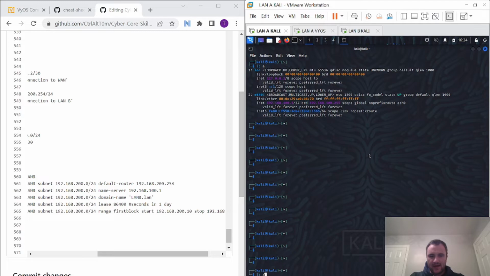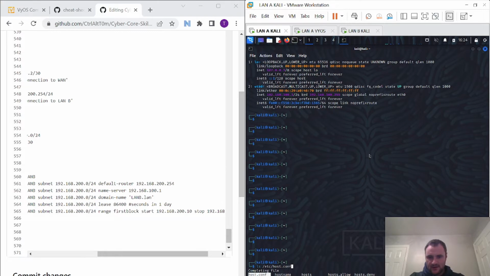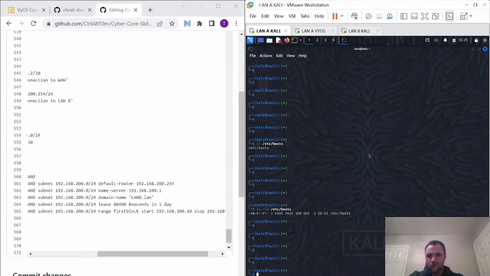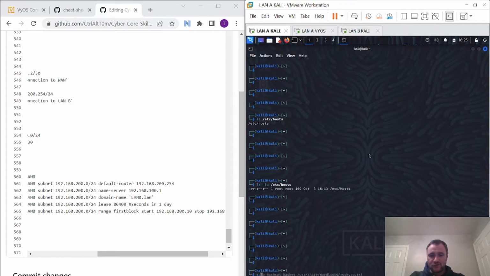So ls etc hosts file, so it's hosts, so the host name is where the host name is stored, fair enough, and hosts is where all the DNS is stored. Host allow and host deny is a little bit of a firewall config. So if I do long list, LL is the equivalent of ls -la on etc hosts, and I'm not going to be able to change it because it's going to say root. So root owns it, and root's group is the only people allowed to edit it. But if I do sudo,